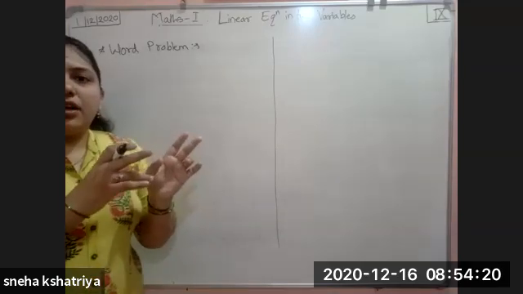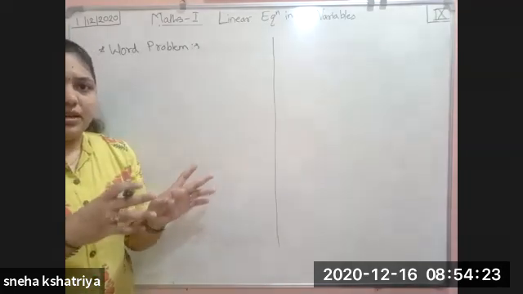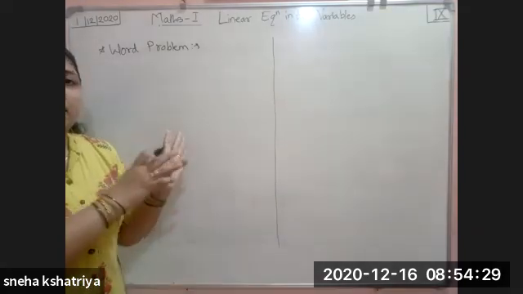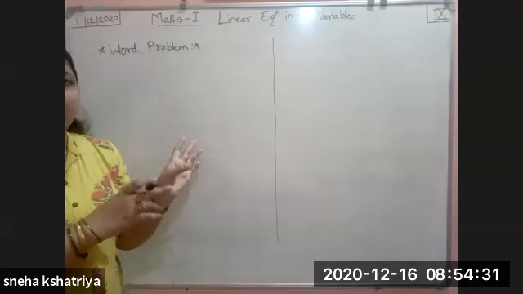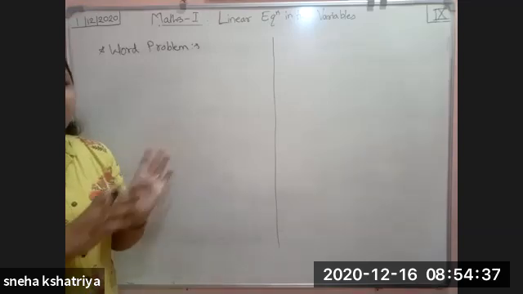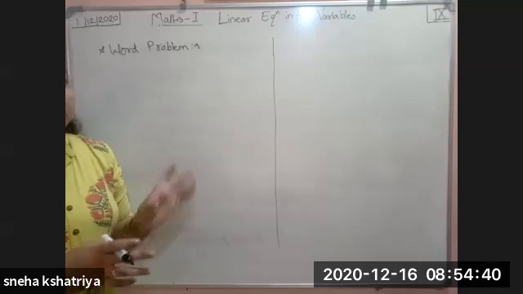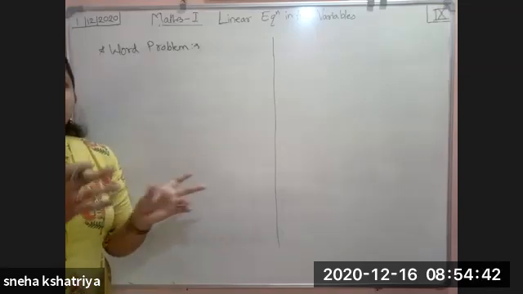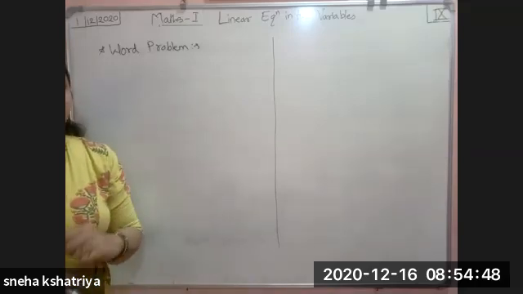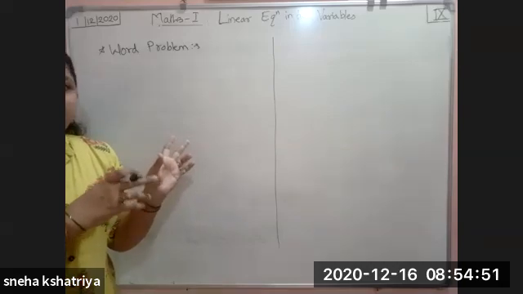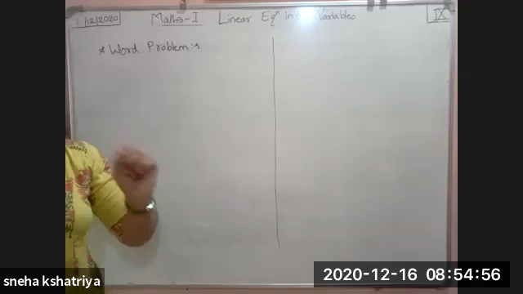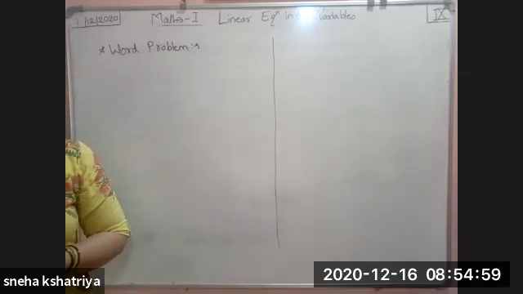See here, if the equation is wrong in the starting, then the whole sum will become wrong. So whatever equations you are going to write there, first they should be proper, and they should be compared with the question to check whether they are right or wrong. After that you can solve. The next step is very easy: either you can take the elimination method or the substitution method and start solving the example. But first, the method to find the equations from the question is a little bit important.